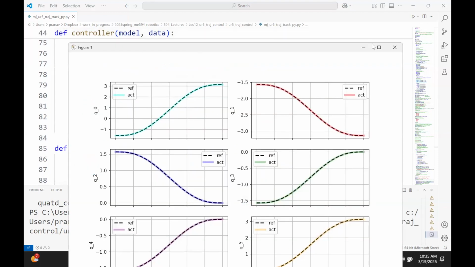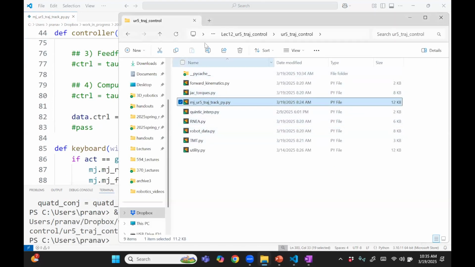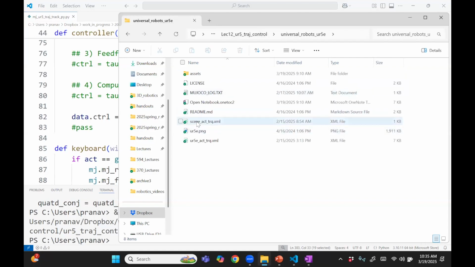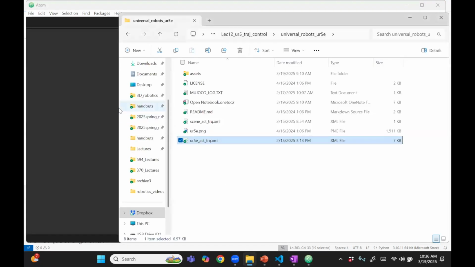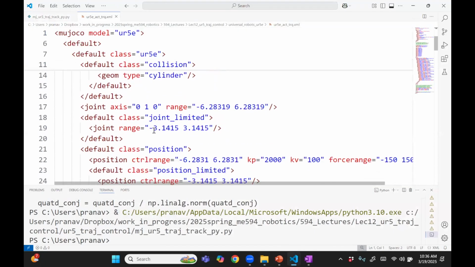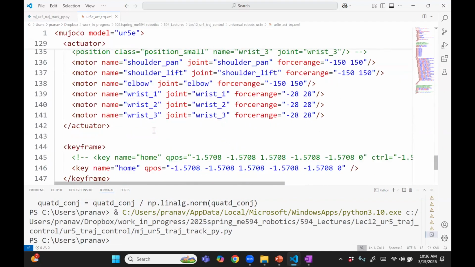This is a special mode which I put the robot in. So if you go to the XML file, this scene.torque file calls this file. Okay, you can run this here. The file is identical to the earlier UR5. The only difference being that